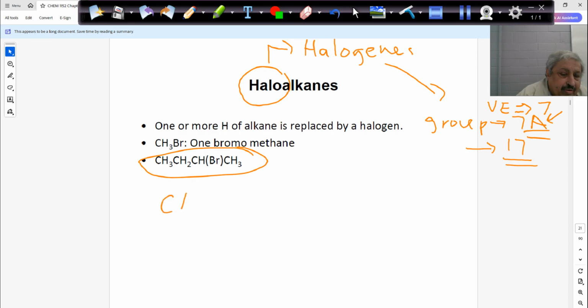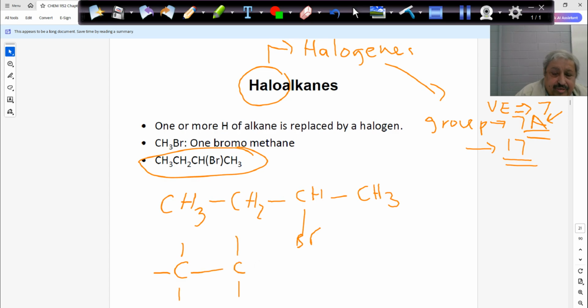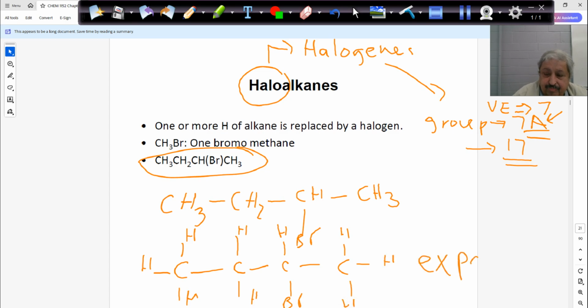But if I want to make a condensed formula out of it, I have to put the carbon-carbon relationship, CH, then put the Br here, and CH3. That's the condensed. If I want to put expanded, then I have to show all the bonding of hydrogen, hydrogen, hydrogen, and then you have here the Br, and then CH, H, H. So this is expanded, guys, and this is condensed,